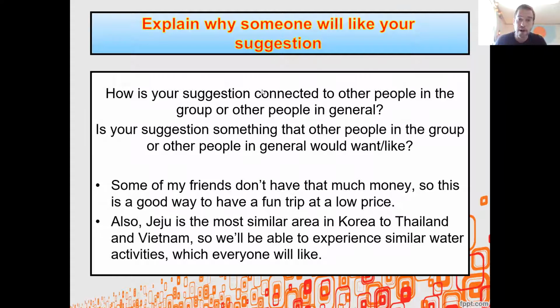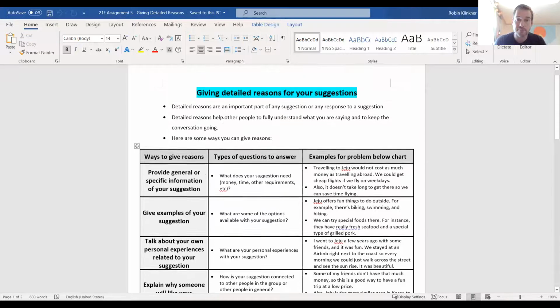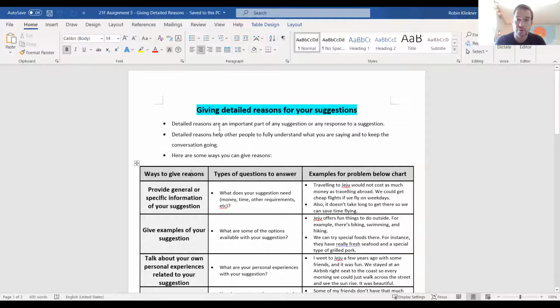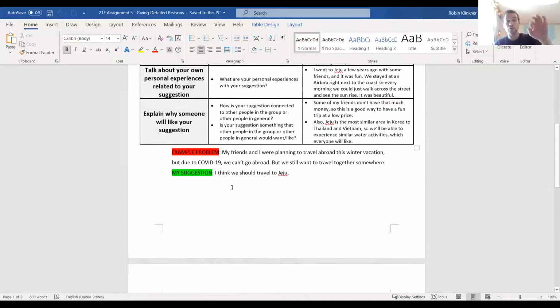Okay, so what I just described was the front page. So all the last 4 slides, I just described this chart. 4 main ways to give reasons for your suggestions. Provide general information, give examples, talk about your personal experiences, explain why someone will like your suggestion. That's information you'll need to know to do